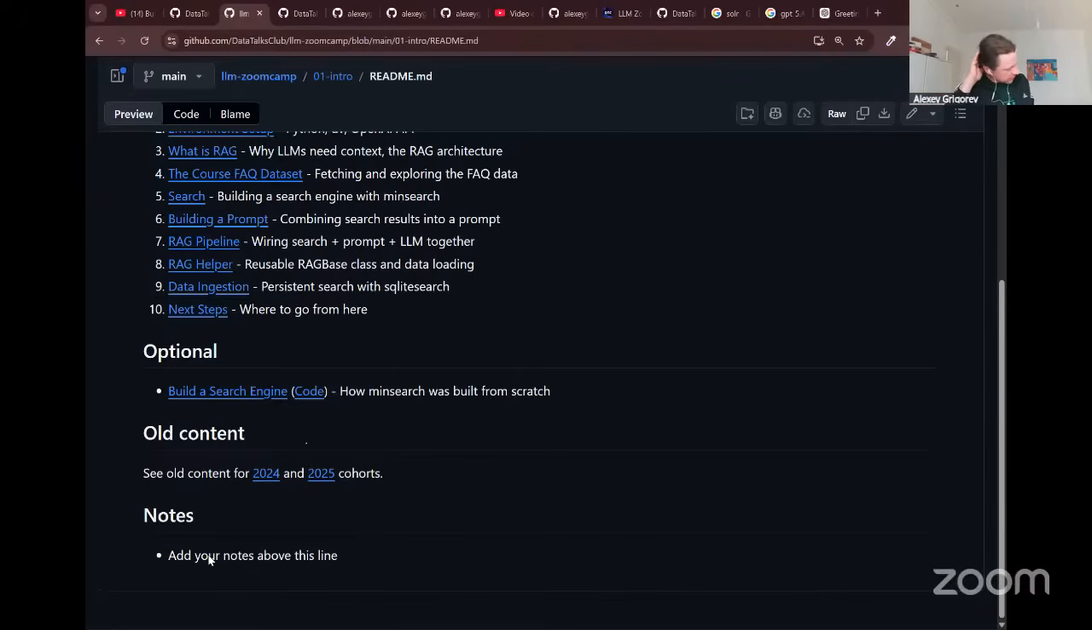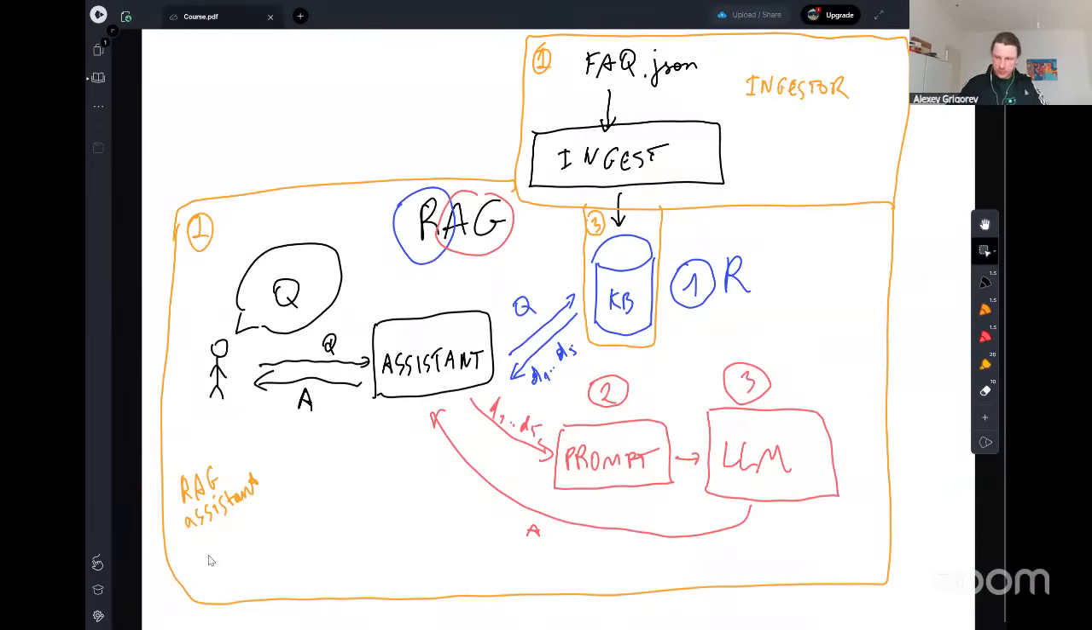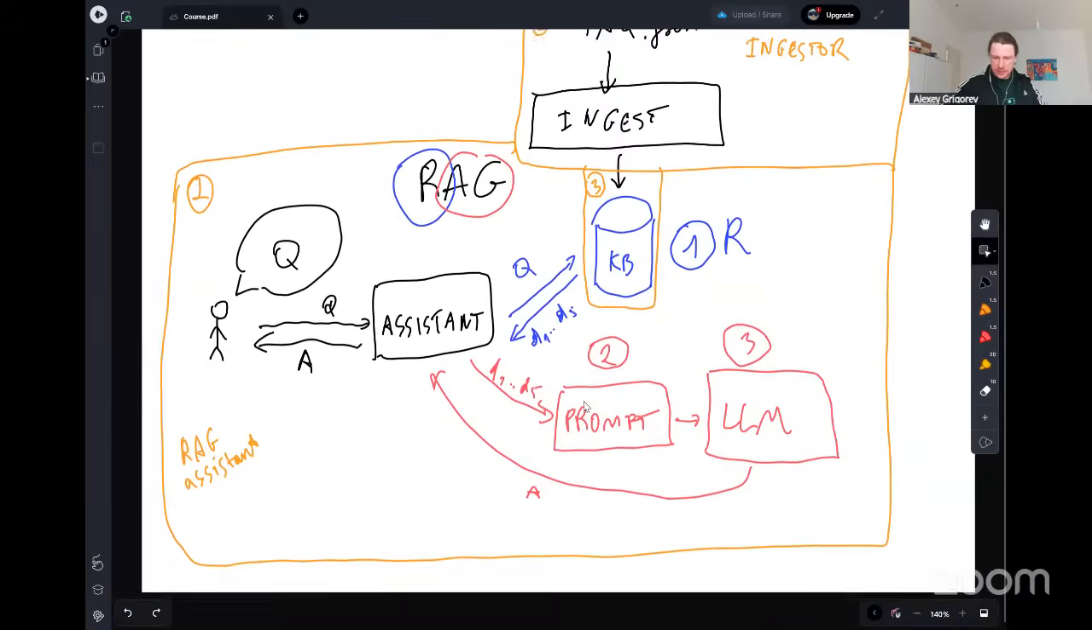Difference between RAG and fine-tuning. So fine-tuning is you take a model. So here we treat LLM as a